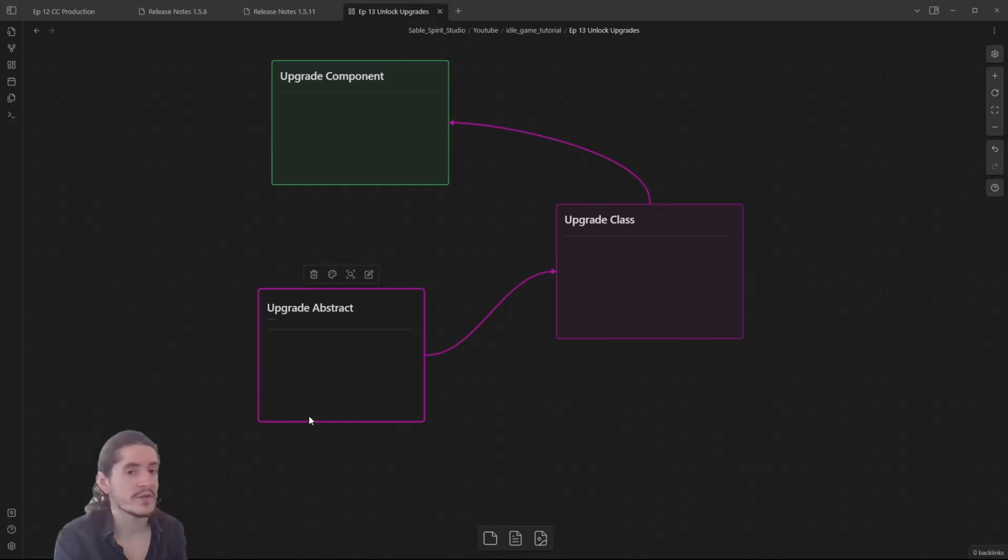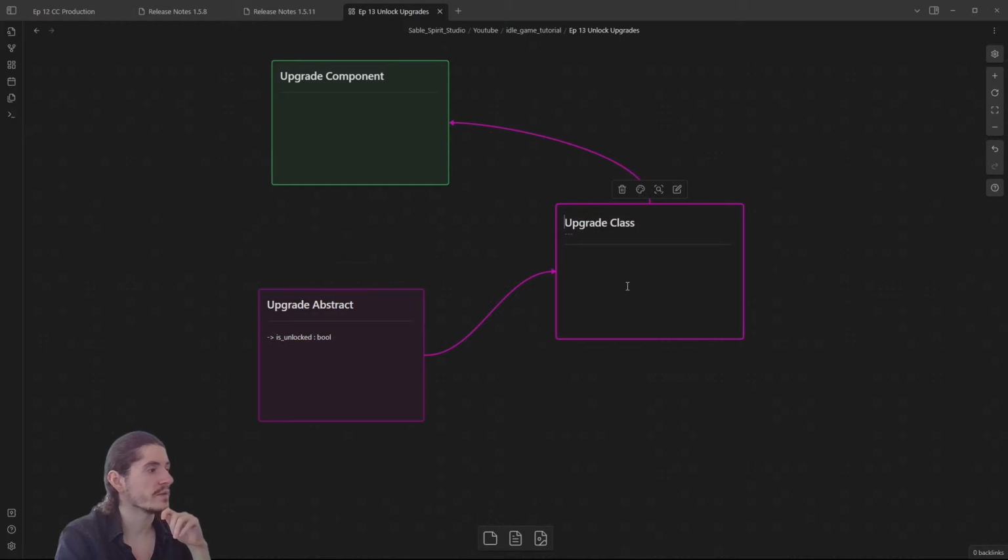So here in upgrade abstract, what we will want to do is to add a new method which will return if the upgrade is unlocked. All right, so we will have an is unlocked method, which will return a boolean. Then in the upgrade class here, we will have to